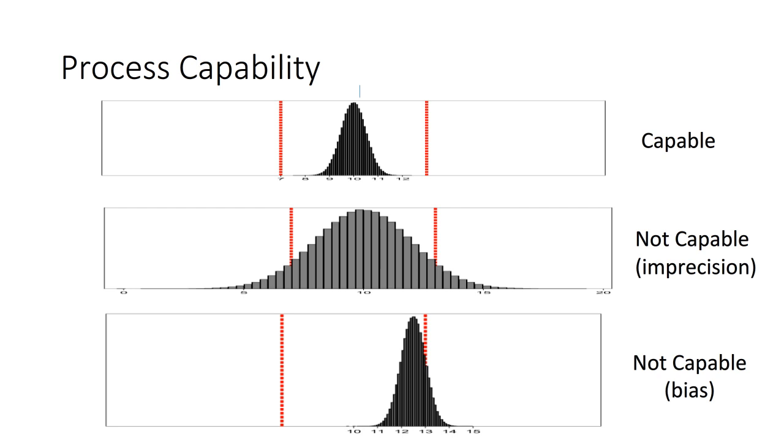The middle panel shows a process that's centered but imprecise. The width of the output is large relative to the width of the specification limits, and this process will always produce a significant volume of unacceptable product. It's not capable. It can only become capable by either changing the specification limits, widening them, or by redesigning the